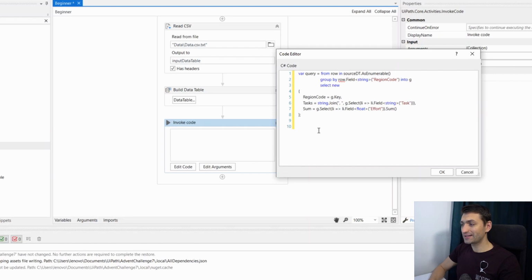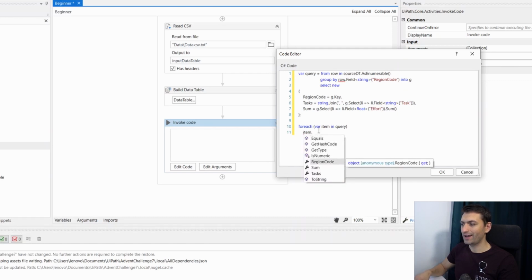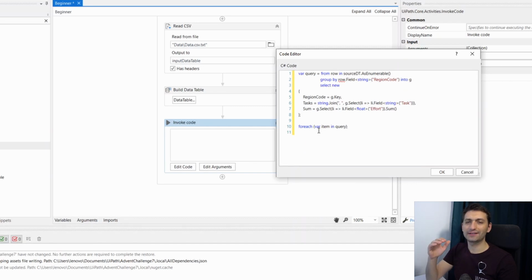So let's make this conversion for each var, it's the same thing as Dim, var item in query. What I need to do, I have all the items here. Now, if I go here, item dot, I have all the three columns which I'm interested in. So after I have the three values, I'm interested in adding a row inside the second built table, which I have passed as an argument. I have the source and I have the target. So let's say target